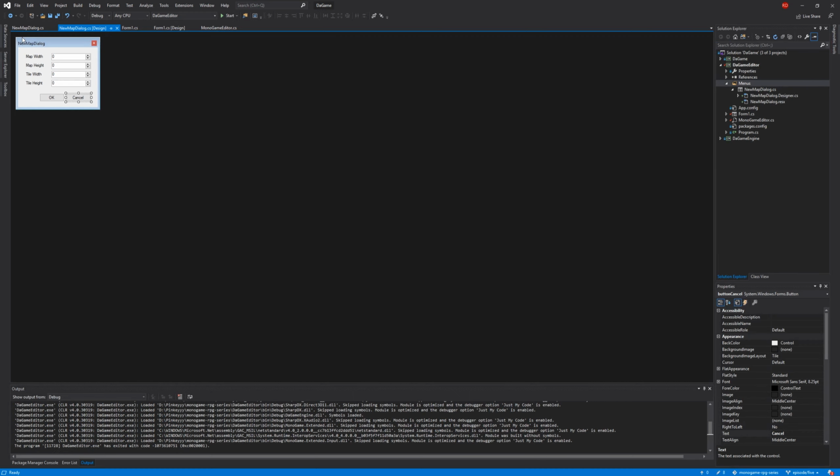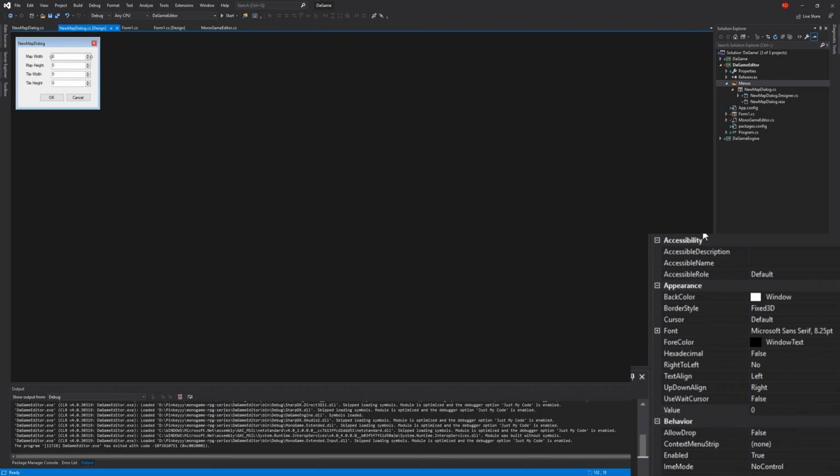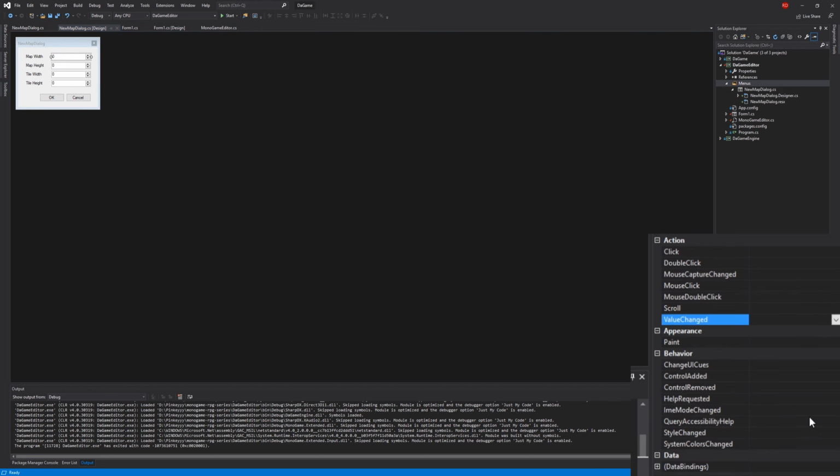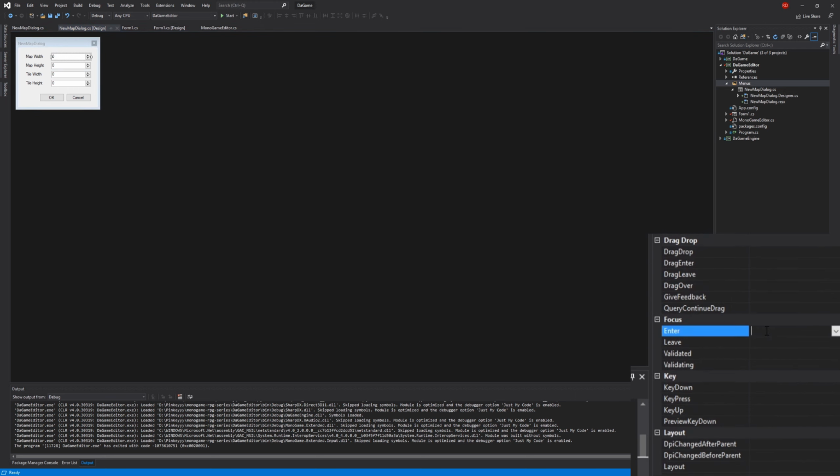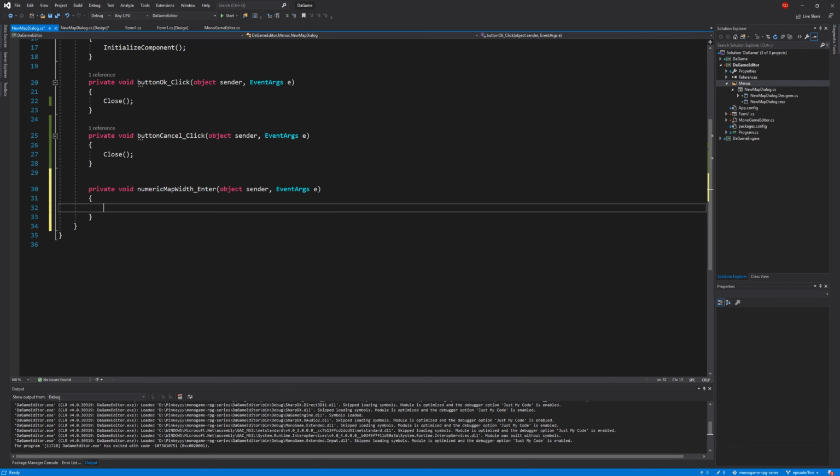So the first thing we're going to do is add an event handler to the numeric up down, which is going to be the focus enter event. So if we just click on the numeric up down, click on the events lightning bolt here, and then we'll find focus enter. Okay, so if we double click on him, and then in here, what we need to do is type numeric width,